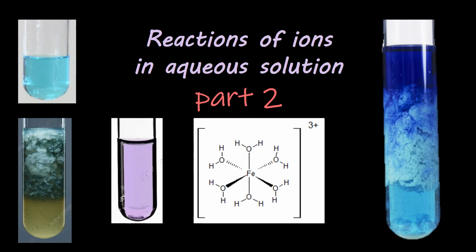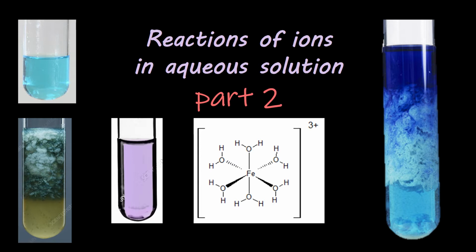So part two of the aqueous ions in solution covered quite a lot last time when we looked at the acidity of metal 2, metal 3 aqua ions. Noted that metal 3 hexaaqua ions are more acidic. That's going to be relevant today. And then we spent a bit of time looking at copper 2 and iron 2 hexaquas reacting with hydroxide, ammonia